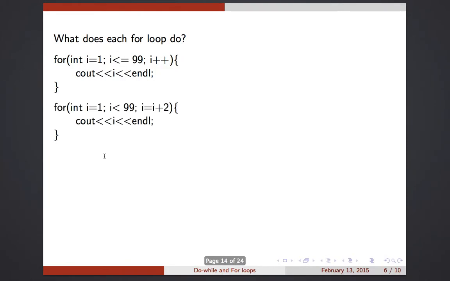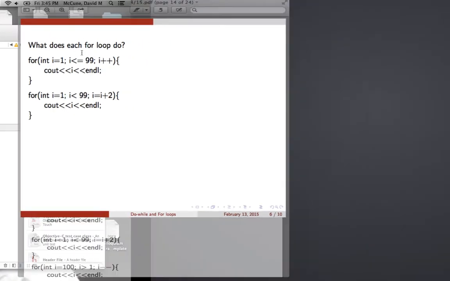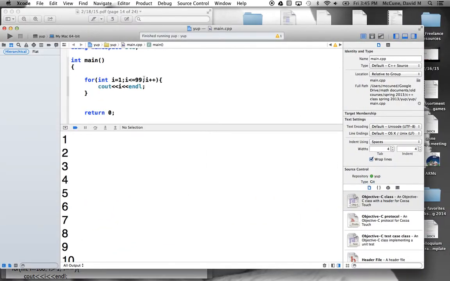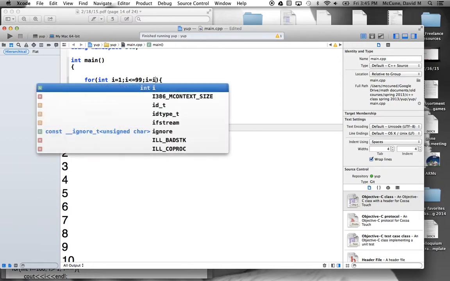The next example is the same, except now I equals I plus 2 is the update condition. So let's look at that. If instead of kicking the value up by 1 every time, you kick up the value by 2 every time,